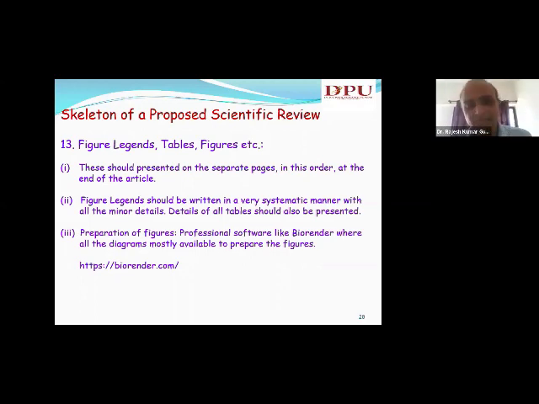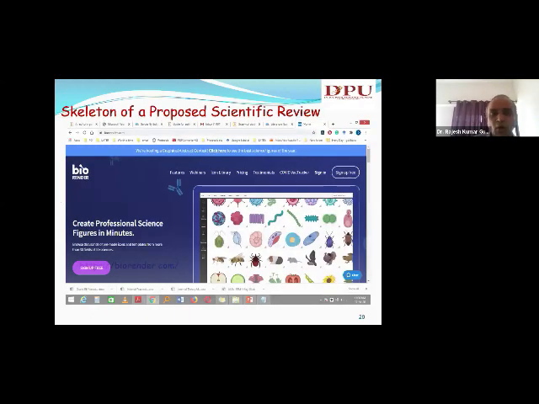Now, last year I came to know about this BioRender software. Nowadays we see very fancy, very good types of figures coming in Nature Reviews, Trends and all. So with professional software like BioRender, we have also started making high quality diagrams, and we can go to this site. You can create all the professional science figures in minutes, basically. In one of our papers, in Seminars in Cancer Biology, we used BioRender for preparing the figure, and it is so easy.